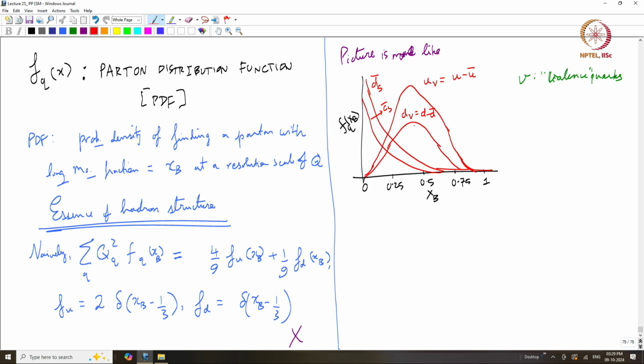It peaks at 1/3 and then the U valence quark distribution is twice the D valence quark distribution, except we have all these other features also, right. Any guesses for why we have these features? Why do we have these C quarks? Simply because